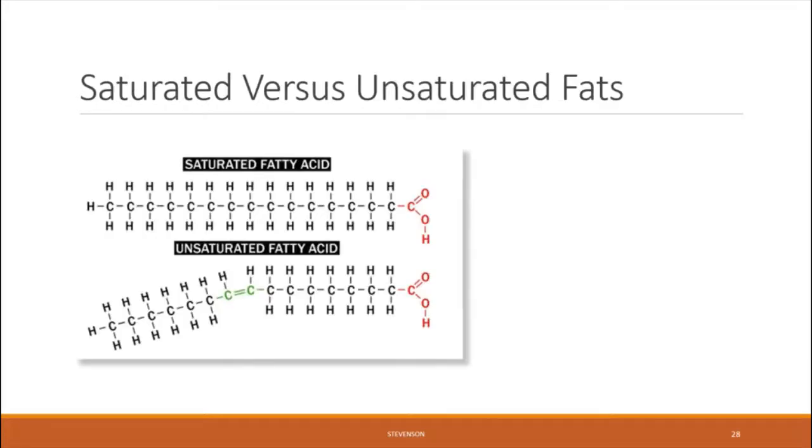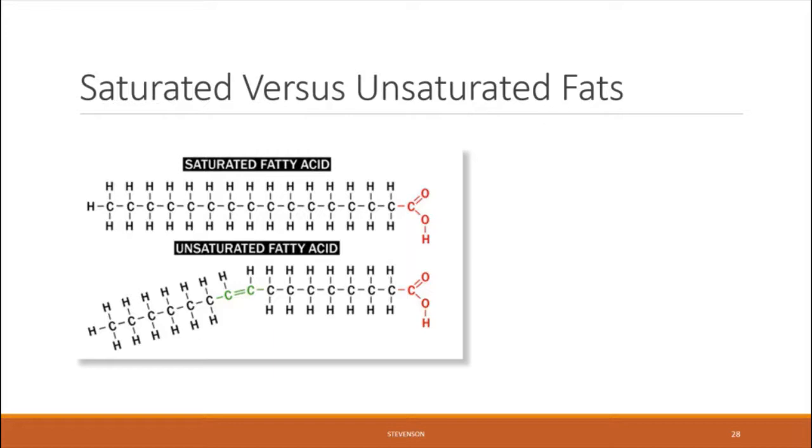Now, before we move on from lipids entirely and on to the next category of macromolecule, there's a few other things that I wanted to mention to you guys because these are relevant things that you hear about in relation to fats. One of them is saturated versus unsaturated fats, 2 different categories of fats that you may see on your nutrition label. The difference between a saturated and unsaturated fat comes down to whether or not the fatty acid